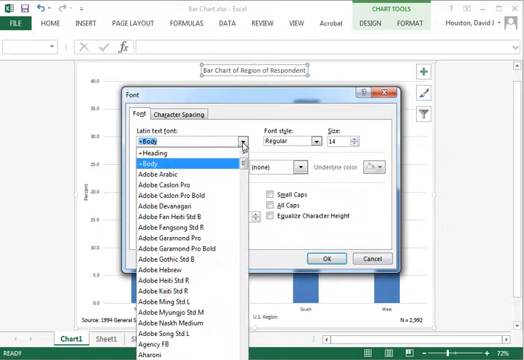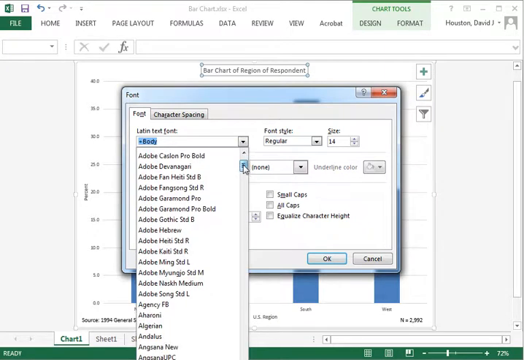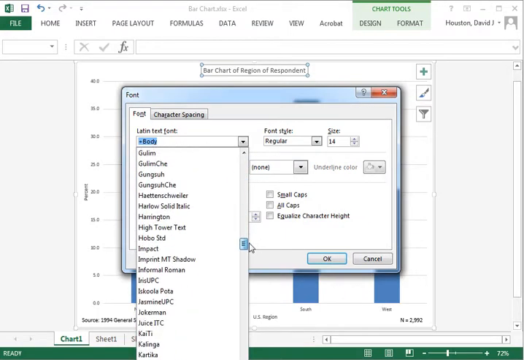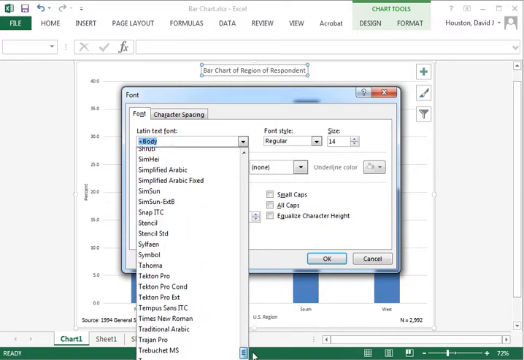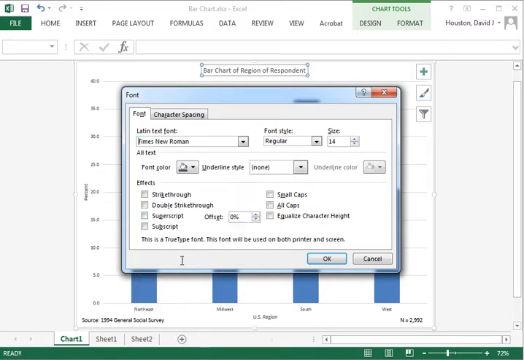So I'll click and highlight to open up all the options. I'll scroll down to Times New Roman. And there it appears. I'll highlight that. Now also you'll notice the font size is 14. I'm going to make it a little bit larger, and that's something you may want to play with depending upon what size the chart ends up when you put it into another document. You may want to just modify it and see what happens and see what looks best. So now it's going to be a font size of 18.